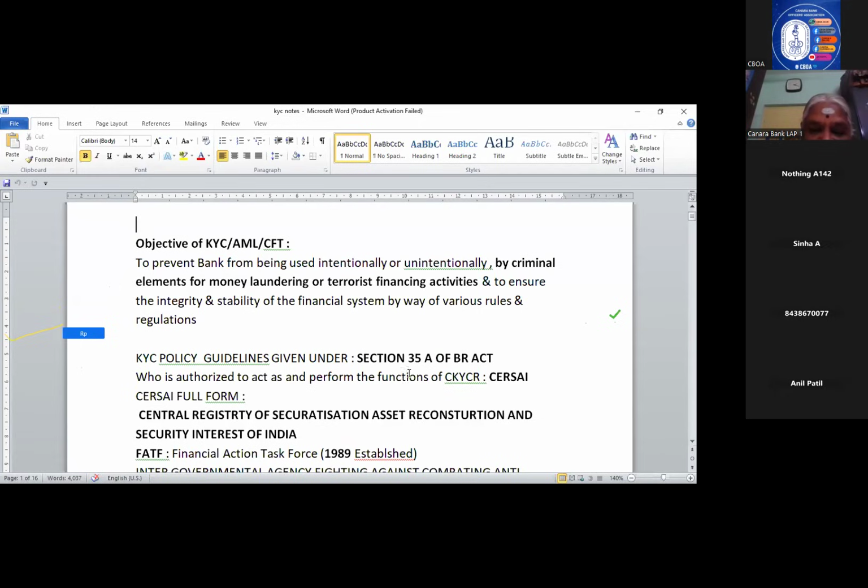And now KYC is giving an ID for everybody. Once we upload the KYC documents,